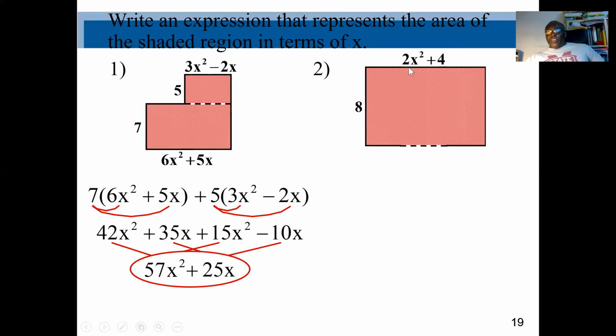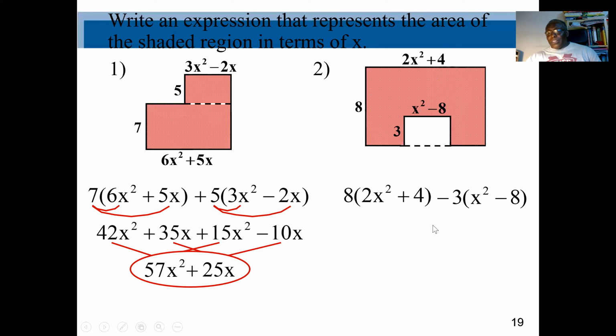So first I'll find the area of the whole object. 8 times 2x squared plus 4. And remember, we are trying to take the unshaded out. So it's minus 3 times x squared minus 8. Remove the parentheses, we get 16x squared. 8 times 2 is 16x squared. 8 times 4 is 32. Then minus 3x squared will give me,